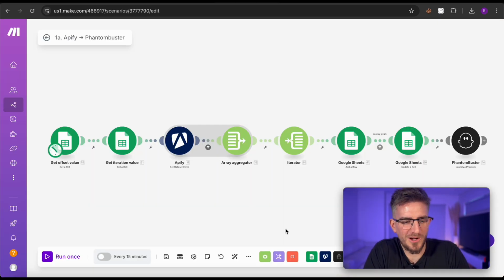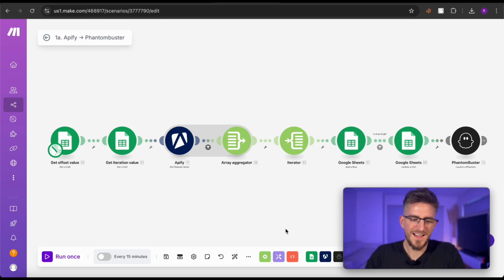This is the first of 2 automations. The purpose of this automation is to grab the leads from the Apify database we made and then run a Phantom to scrape the leads' LinkedIn profiles. The way I do my scraping is a bit different from other people. I see people doing very, very, very large scrapes. I personally don't like it because if it stuffs up, it takes a lot of time to fix. What I do prefer is doing very small iterative chunks and then just letting it do its thing with confidence,